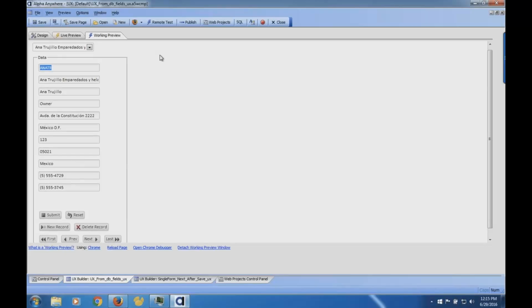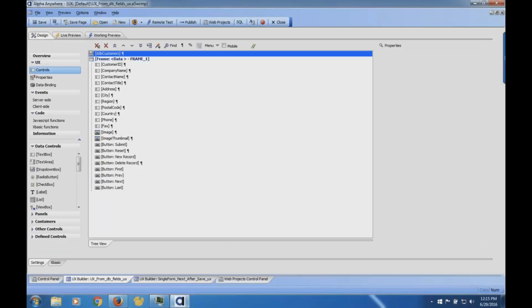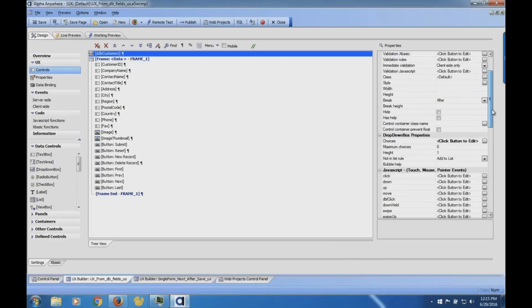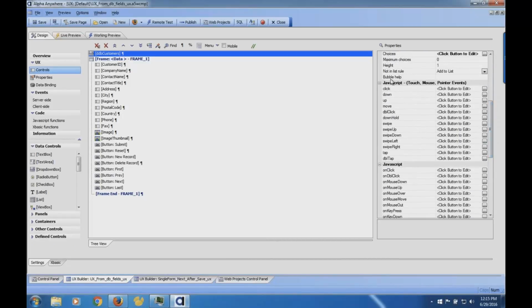So this is nice, but the thing I want to have happen is when I select a customer here, I want it to actually take me to that record so I can edit it. So with that in mind, what we're going to do is add a little piece of action JavaScript, which will then set that up. So I go to Design. I'm going to go to my drop-down customer. And you'll notice that on there, there's a whole set of JavaScript events here. I could do the click event, but I don't really want to do a click event. I only want it to update what record I'm looking at if I do an on change event.